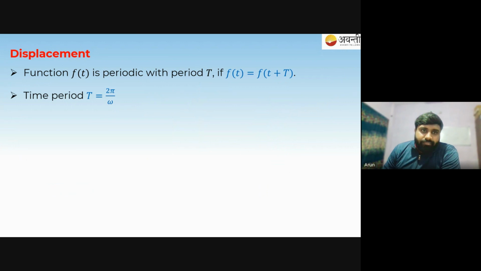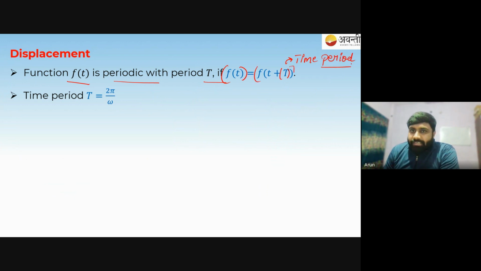So that is why function f(t) is periodic with time. The periodic function is written as f(t) = f(t + T), and this T is the time period. So the value of this function, if it is periodic, at time t + T, where capital T is the time after which it repeats its value, will be the same as f(t), the value of that function at small t. For example,